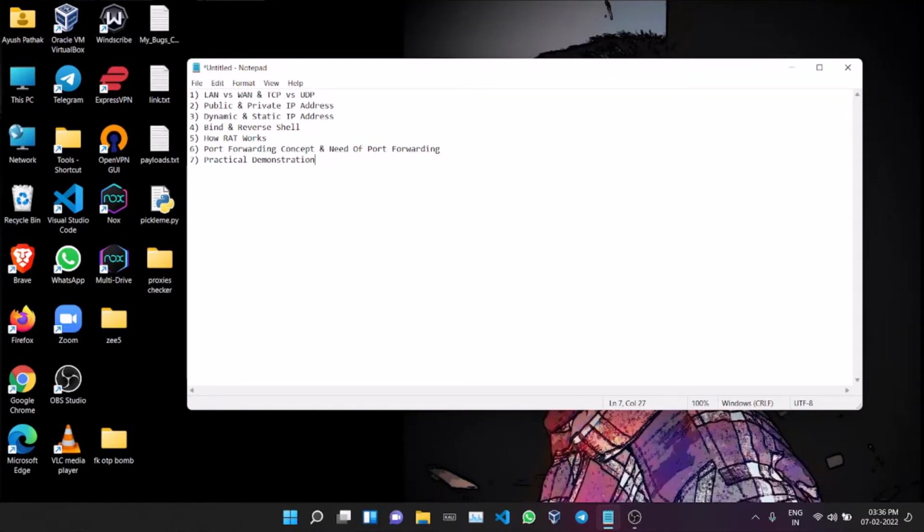Your device B forwards that request to your router, and your router forwards it to the internet.